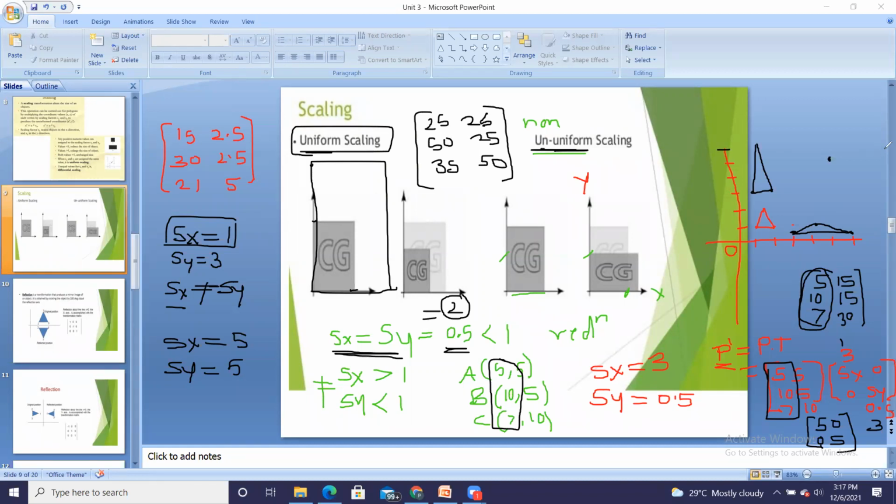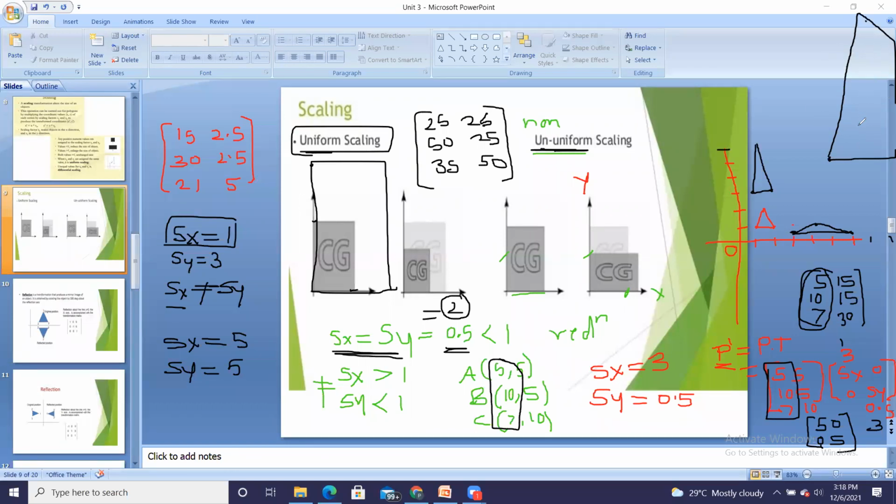So it will go out somewhere. So for understanding, I will draw outside only. And then here is 35 and 50. So 35 and 50 will be somewhere over here. So I will get a triangle like this. Okay. And the remaining part is not visible in my screen. Okay. So this is the resultant triangle, that is after 5 times scaling, how the object will look like.